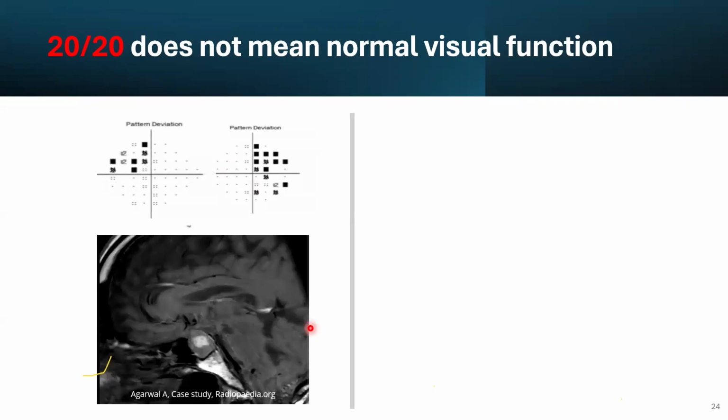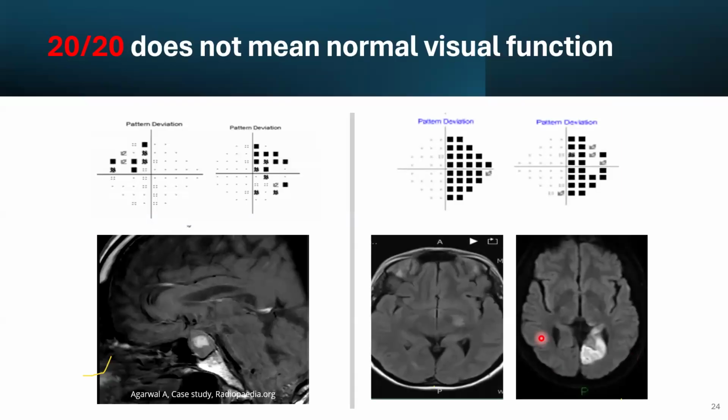In this example, the patient has bitemporal hemianopia secondary to pituitary apoplexy, which is hemorrhage in the pituitary adenoma. This is an acute neurosurgical emergency with a 20/20 vision. This patient is having right homonymous hemianopia secondary to left PCA stroke, posterior cerebral artery stroke in this example, and in the other example, optic tract demyelinating lesion secondary to multiple sclerosis. To remind you to examine the full visual function for any patient with a visual complaint, including the visual acuity, visual field, and color vision.